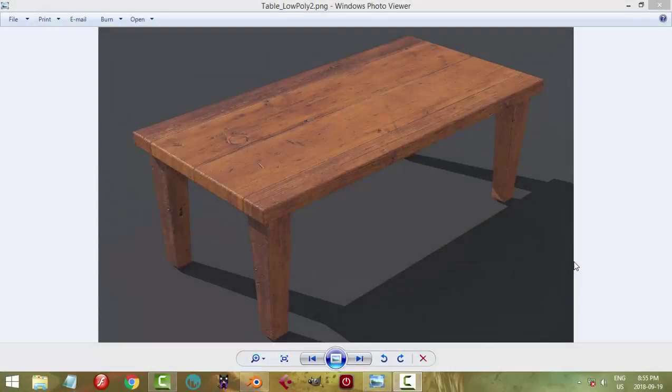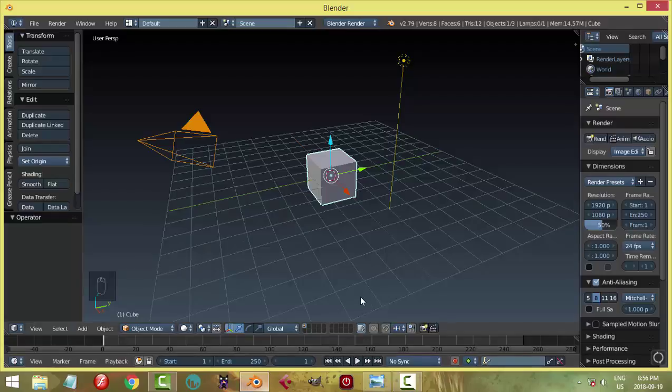I'm going to do something really simple here. I'm going to create a very basic table, and I'm going to UV map it and put these textures on it. Okay, so if you're interested in something really simple, low poly, then let's give it a shot. So over here in Blender 2.79, I'm going to,